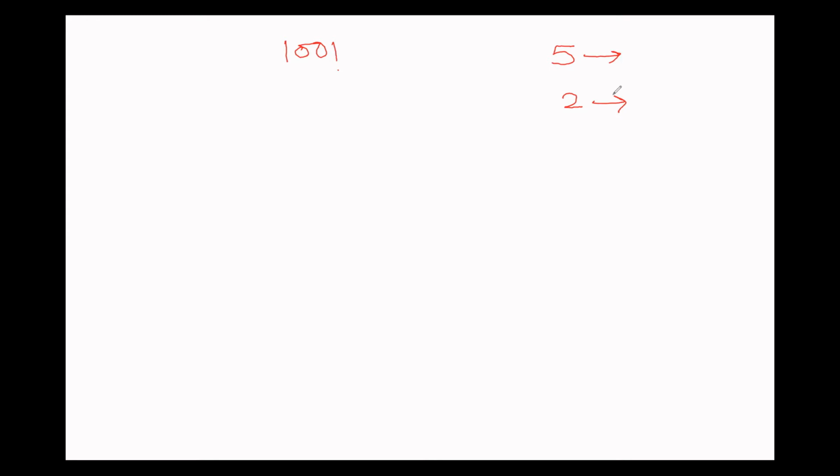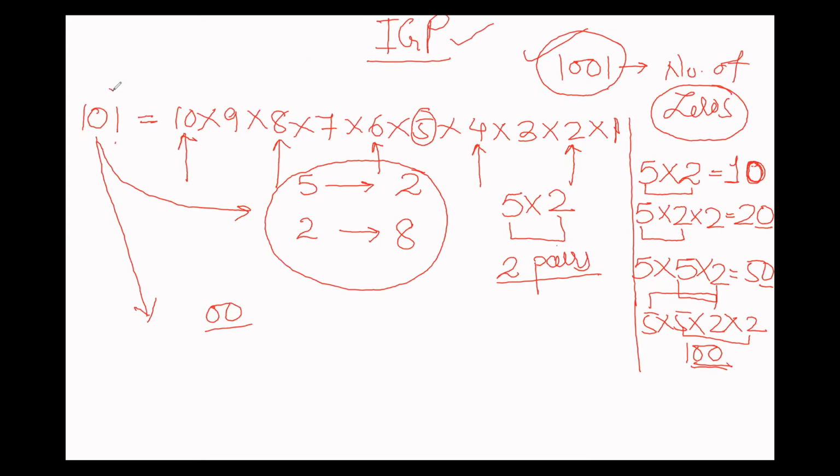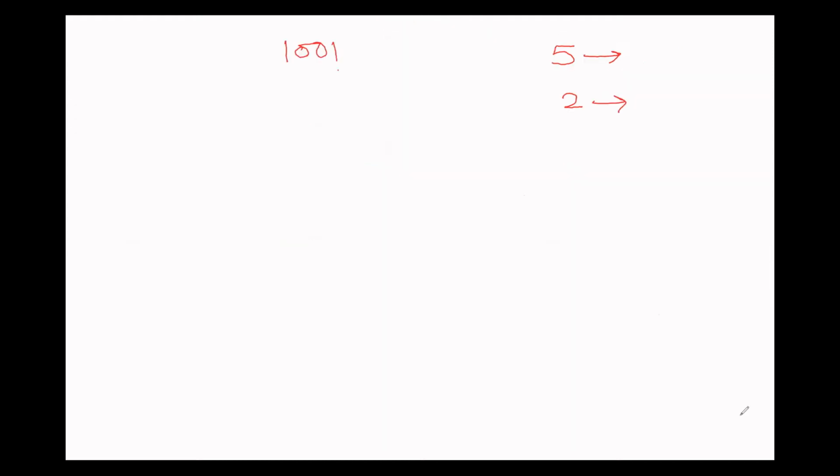Let's get back to the previous question, 10 factorial. You can see the number of 5s is 2 and the number of 2s is 8. Can there be any shortcut way to do this? Yes, definitely. Let's check how. If the given number is 10 factorial and you want to find the number of 2s in it, you simply divide that number by 2. So 10 by 2 will give me 5. Now since 5 is again divisible by 2, I will divide this 5 by 2.